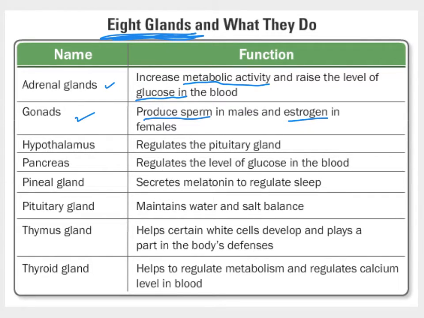We have the hypothalamus, which is going to regulate the pituitary gland, and the pituitary gland is what maintains water and salt balance in our bodies. That makes sure that we don't get dehydrated and that we have enough salts and stuff that we